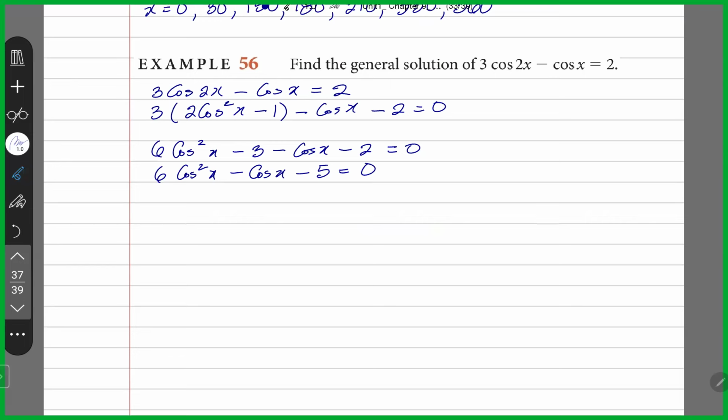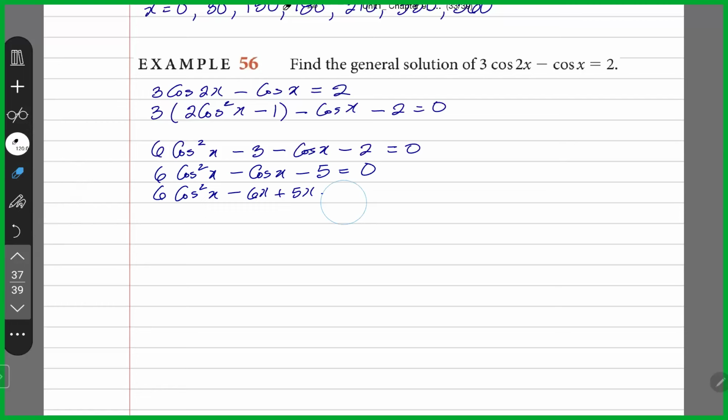All right, this can be factorized using the ABC method. 6 cos squared x minus 6 cos x plus 5 cos x minus 5 is equal to 0. I'm using the ABC method. I need to find two numbers. When I multiply them together, I get minus 30. 6 times minus 5 is minus 30. When I add the same two numbers, I get minus 1. The two numbers are